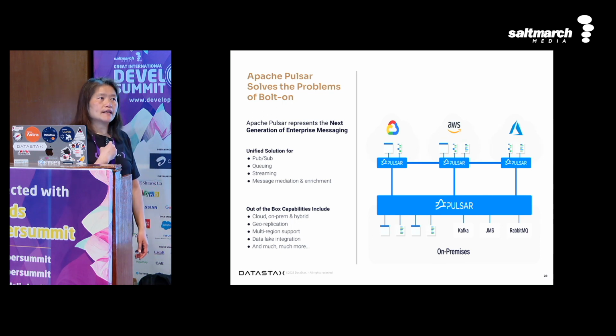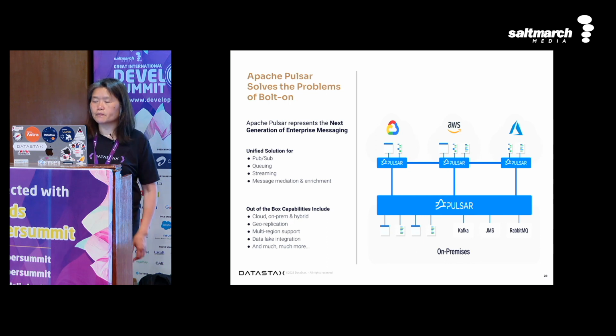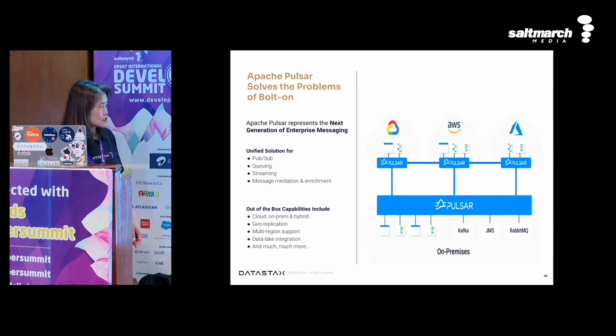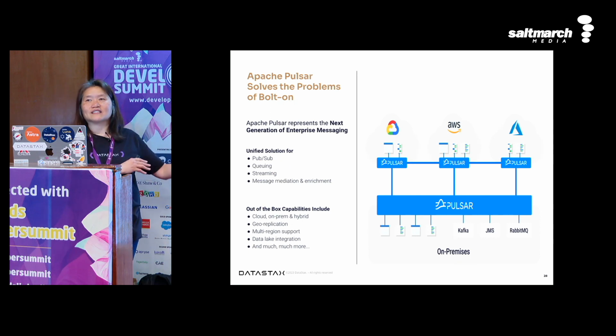Specifically, at DataStax, we have what we call the Starlight API layer. Starlight is configured to work with Kafka, basically using the Kafka protocol, so you can use our API to talk to Kafka. It also supports JMS, Starlight for JMS, and also Starlight for RabbitMQ. We have these API connectivity options to help you integrate with maybe older systems, so you don't need to throw old things away. It's a very friendly feature. We come in, you can just use us, and we can help you enhance your ecosystem.